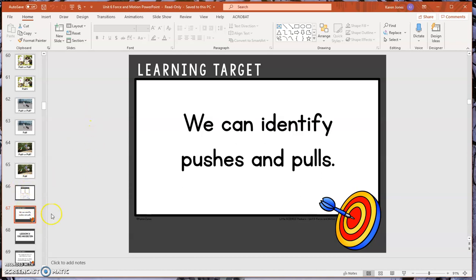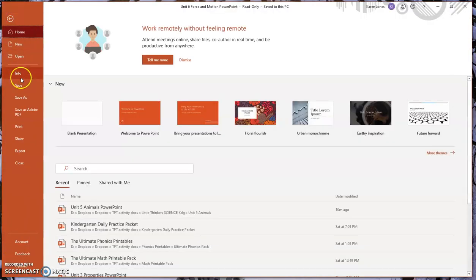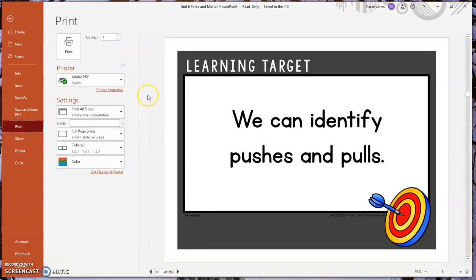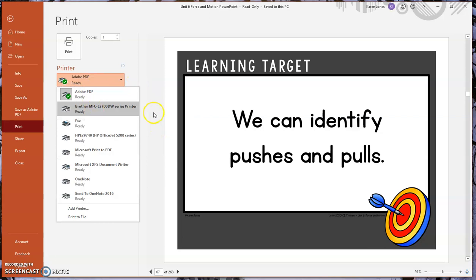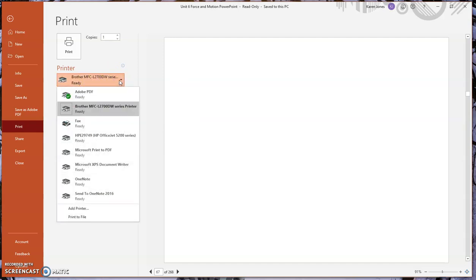So what I'm going to do is I'm going to go to File up here and I'm going to go to Print. I'm not going to print it, but what I'm going to do is I'm going to save it as a separate PDF file, okay? So File, Print. Now, usually what you'll see is you'll see your regular printer that you have at your house or at school or wherever you're printing. That's going to show up as the default usually. But what you're going to want to do is select the printer and instead you're going to click the Adobe